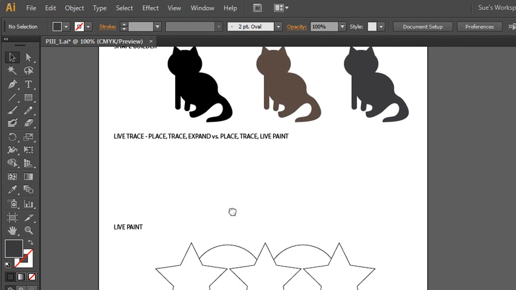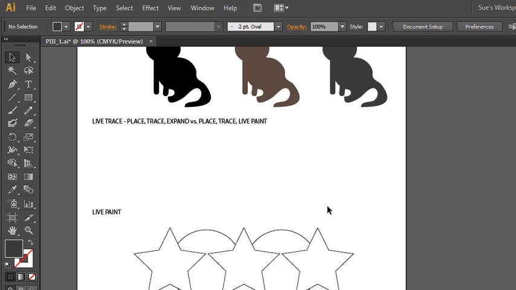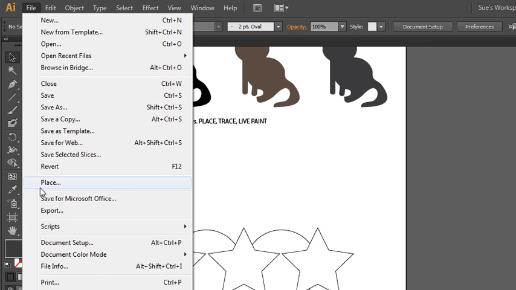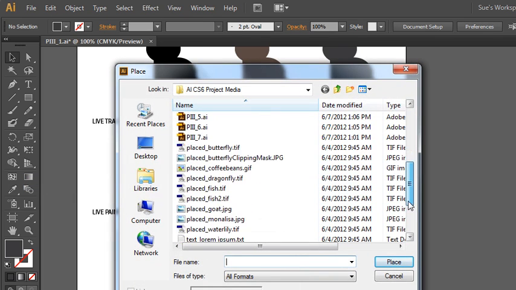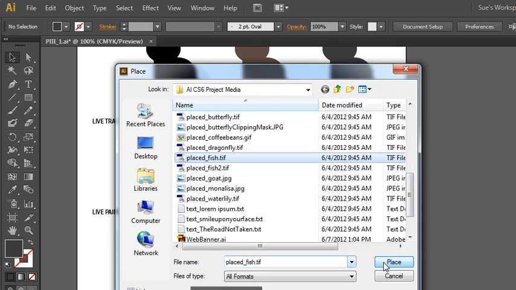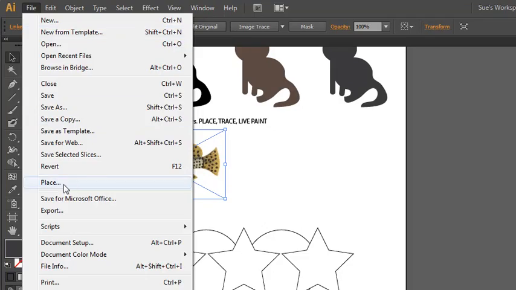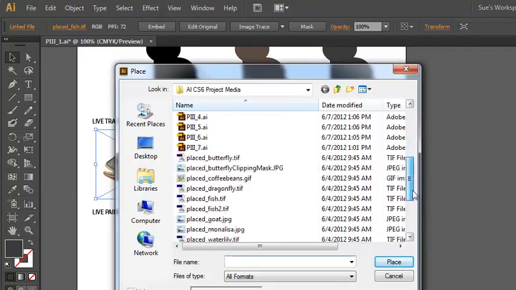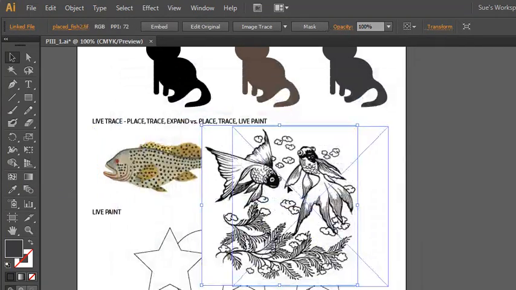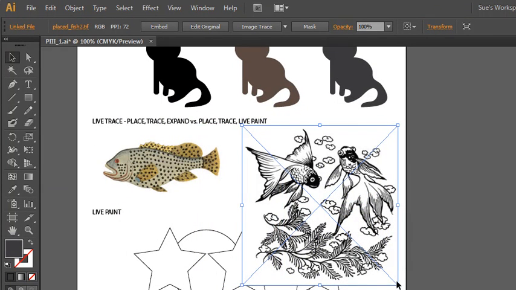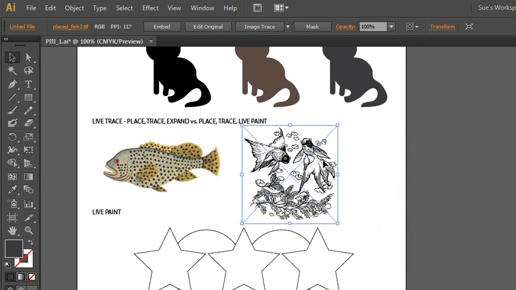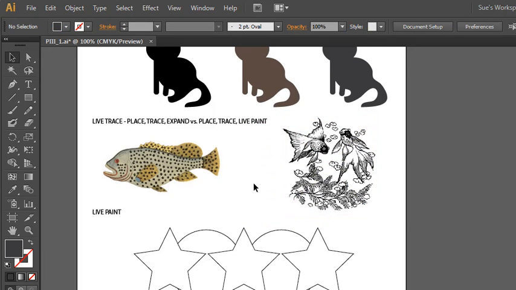Now let's talk about tracing placed images. I have two fish files that I'd like you to place here. There's placed fish 1. And we'll get the other guy while we're at it. Let me shrink this guy up just a little bit. There we go. Now, when you have placed artwork, you can actually convert that into line art or Illustrator drawing